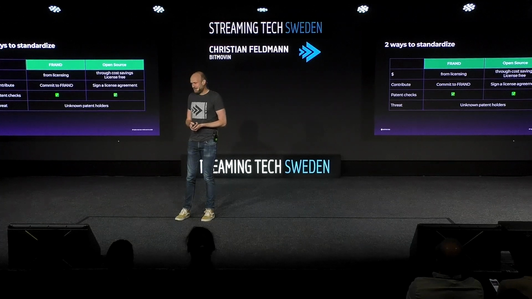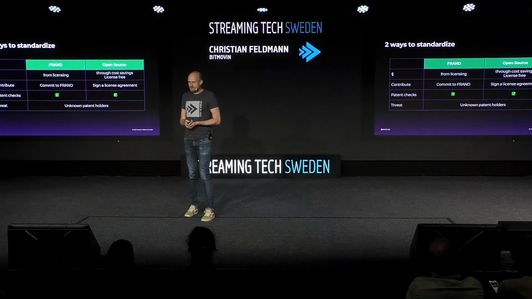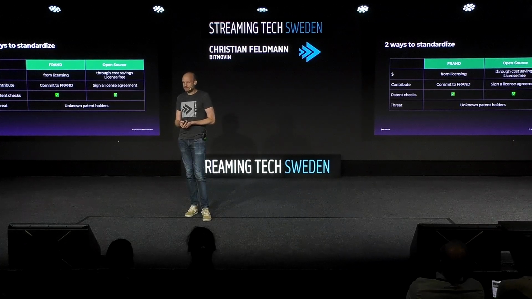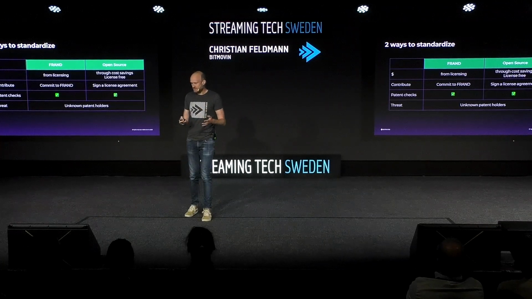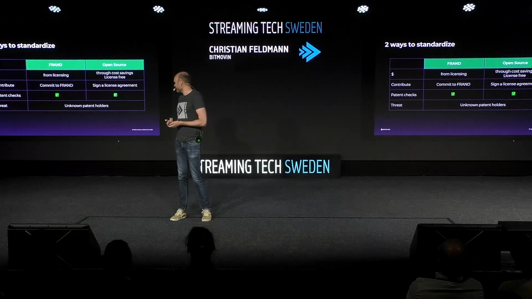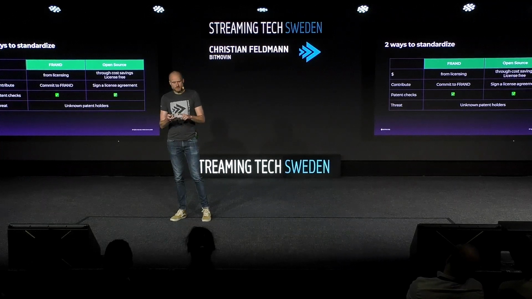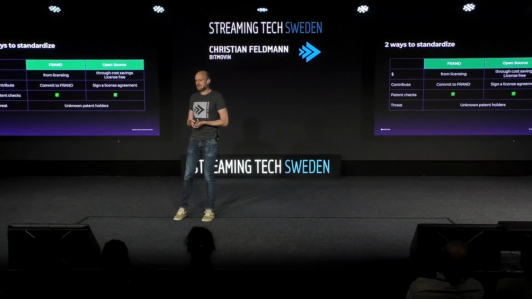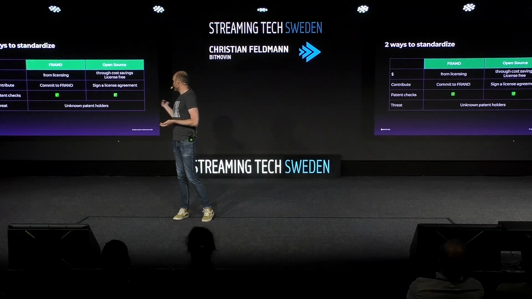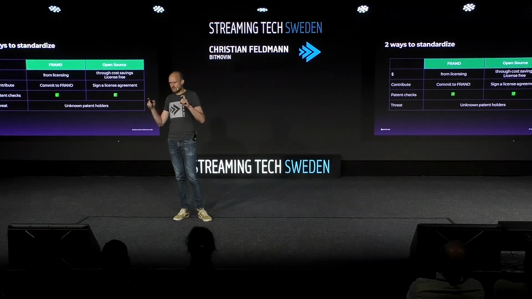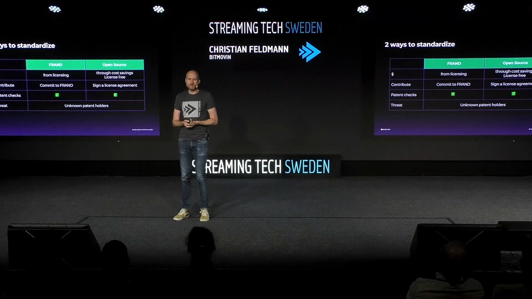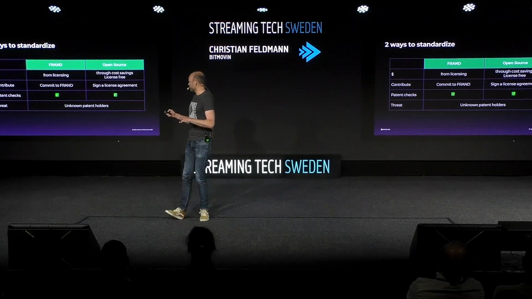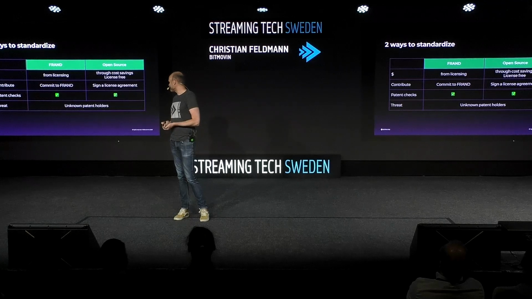All right. There are currently two major ways of how to standardize codecs, right? So there's this FRAND, free, reasonable, and non-discriminatory way of doing codecs. That is what the ITU and MPEG are doing. And on the other side, there's this other thing that's called open source standardization. That's what AOM is doing. I don't like the open source name. It's also, okay, anyway, that's the name that they gave it.